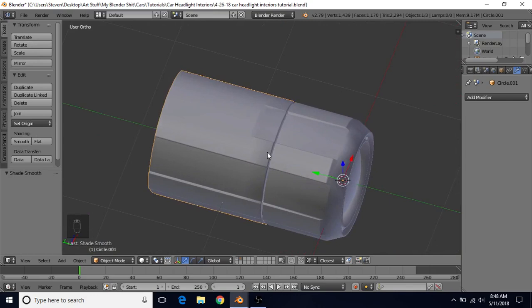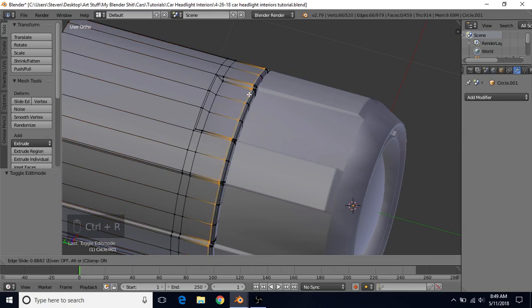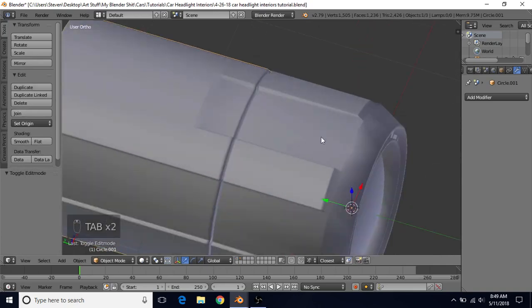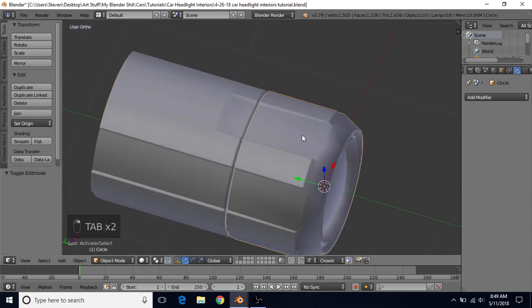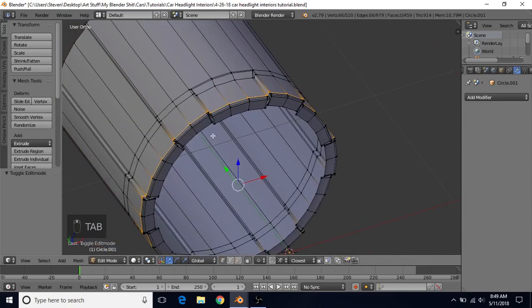You can kind of see this darker shading here. To fix that, we're going to go back into edit mode and do Control R and then bring a loop cut nice and close, and that'll help to correct the shading in this area. Another thing we can do in object mode is select this and then press H to hide it. Then select this piece again, tab into edit mode,